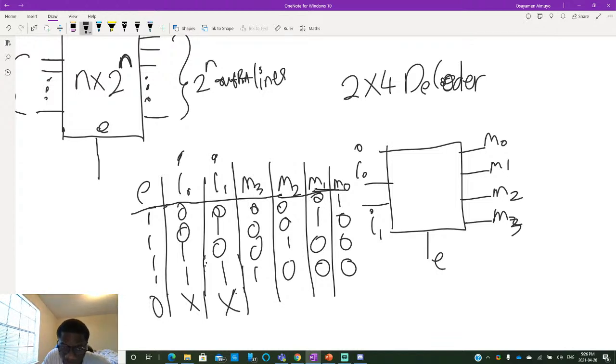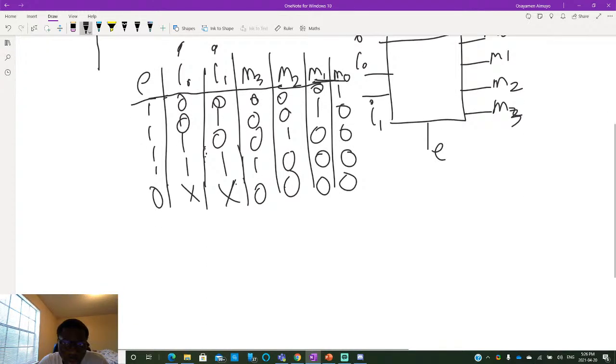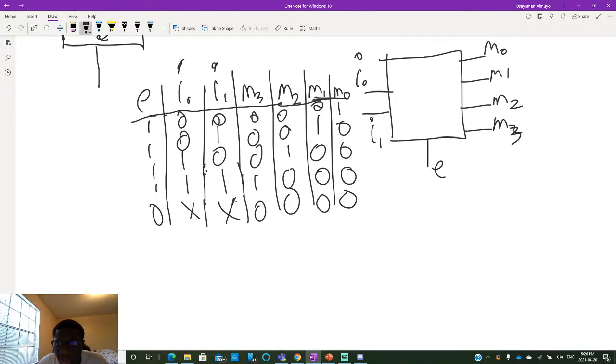If the enable is equal to 0, we do not even care about the inputs because every output would be 0. And so if we were to draw the circuit diagram for each of these outputs, let's see here,